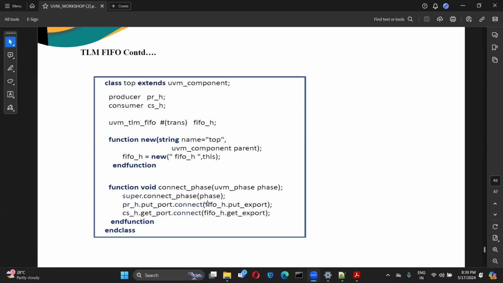So at the producer side we have the port connection and the other side we have the export connection because they belong to the same hierarchy, right? So we can use the export as well. So at the consumer side you are trying to get, because from the TLM5 it is trying to put, right? There is some component between the producer and target also. In those cases you can use this hierarchical level connection. There is something called hierarchical level connection also. I'll show you that also. So for this you can understand like CSH means the consumer, get port dot connect of the FIFO export.